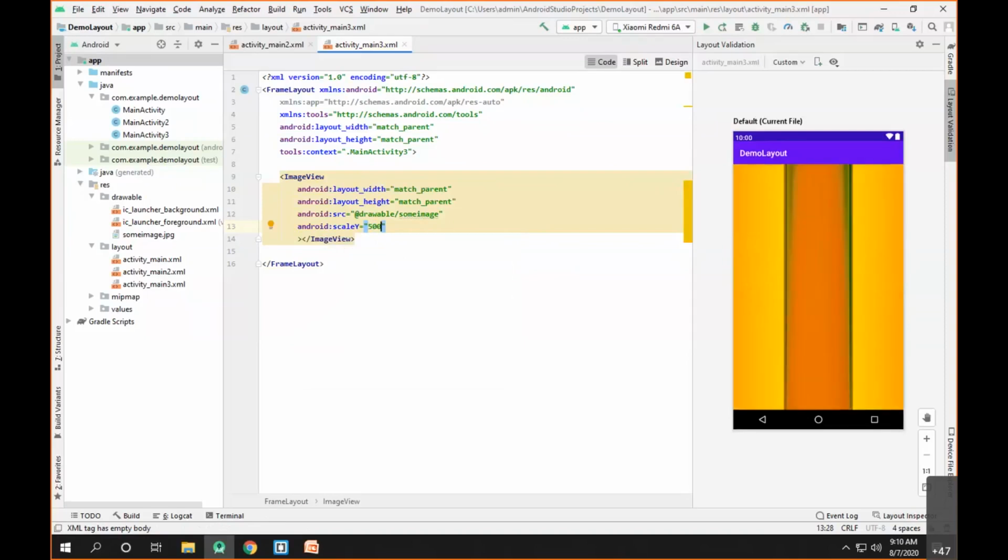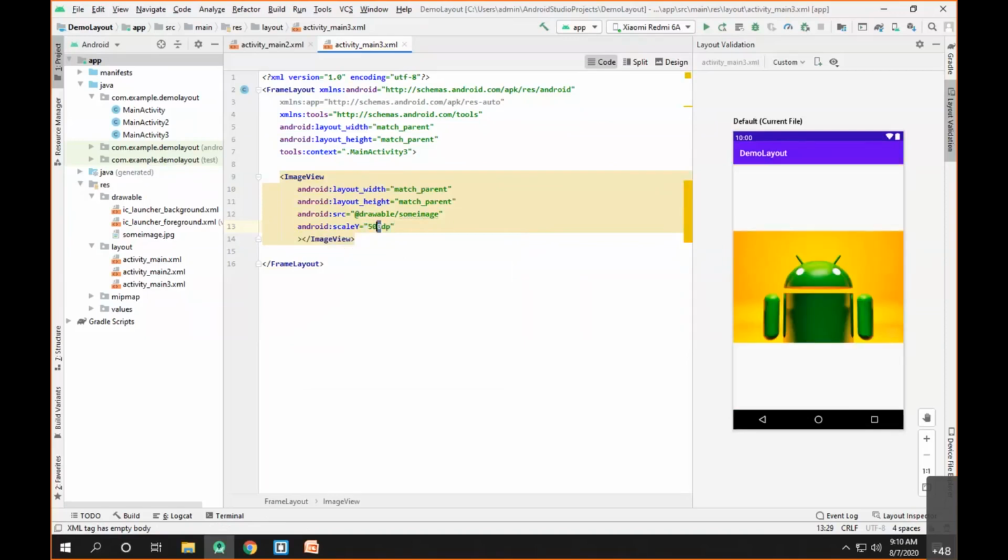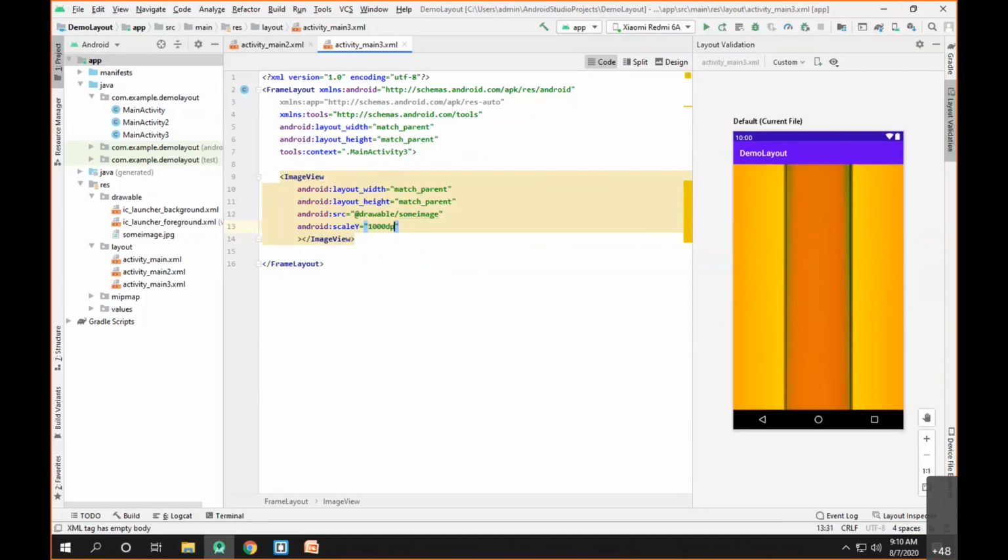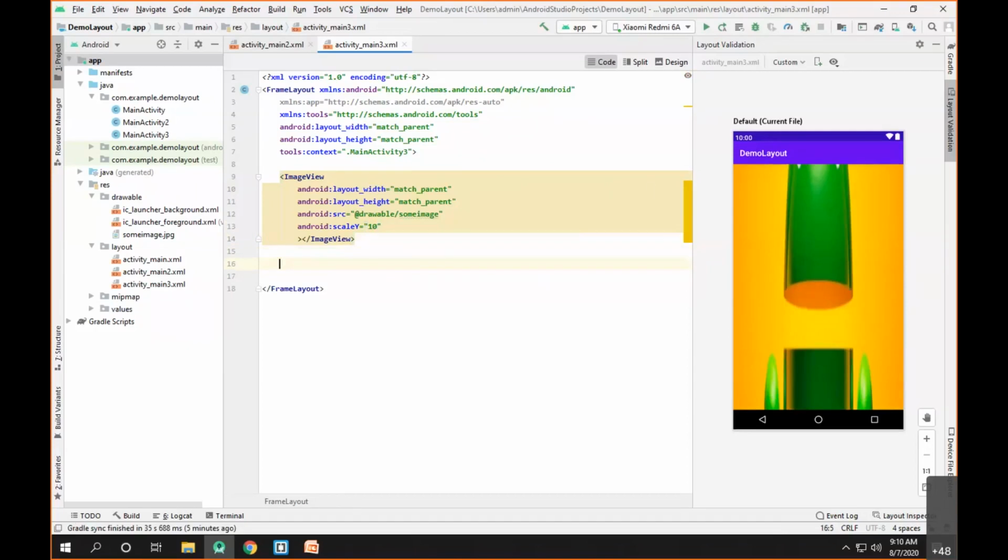Let's say scaleY is equal to 500 dp, or we'll increase it slightly. So this will be the image we'll be setting to the background. Now we can see the image is added here and set to the background. Since the image is not of the required size, it is scaled, so that's why it's looking like this.